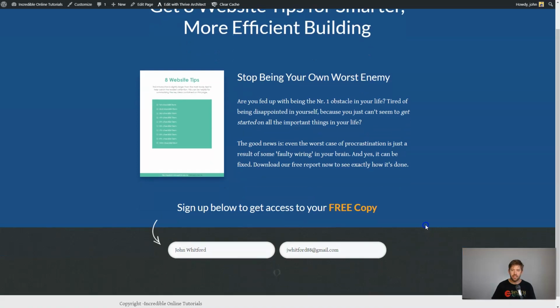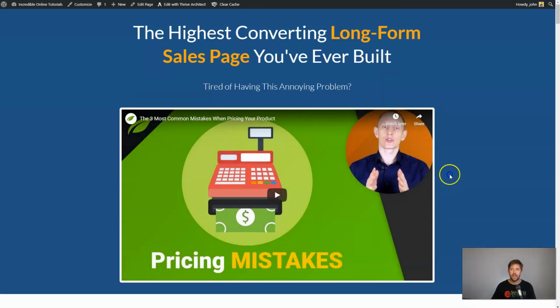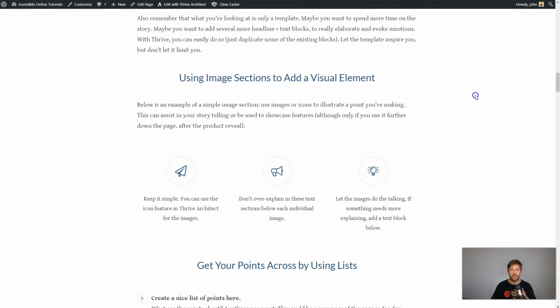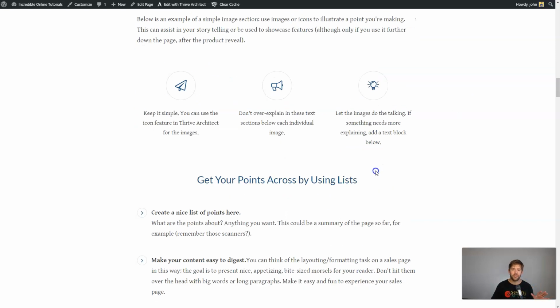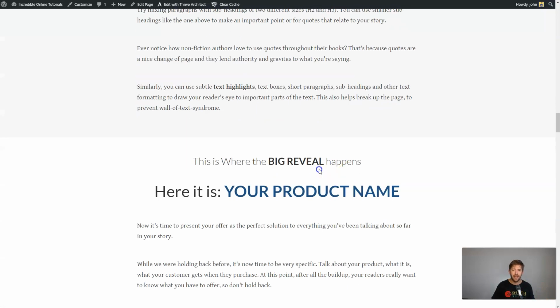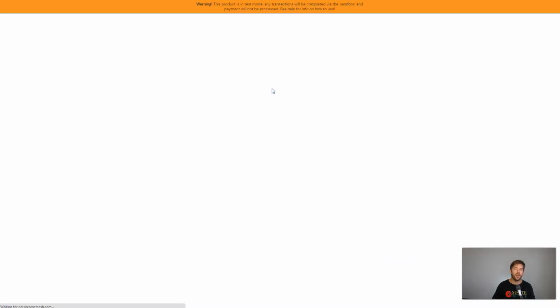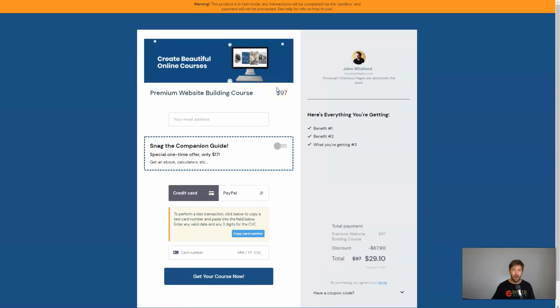When people click on send the free download, it will automatically email them their goodies, and it'll also give you the opportunity to create a sale by offering them something amazing. This amazing looking template will show you how all of this works, how to get it in, how to edit everything. We'll even show you how to hook this up into a shopping cart platform called Thrivecart, which will allow